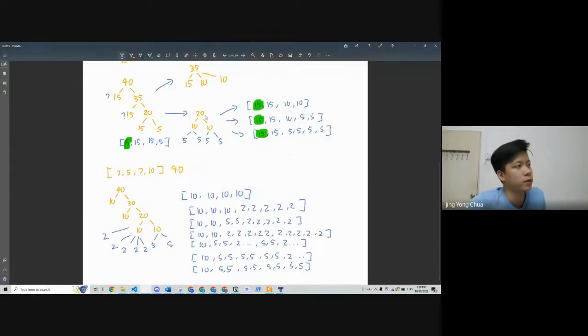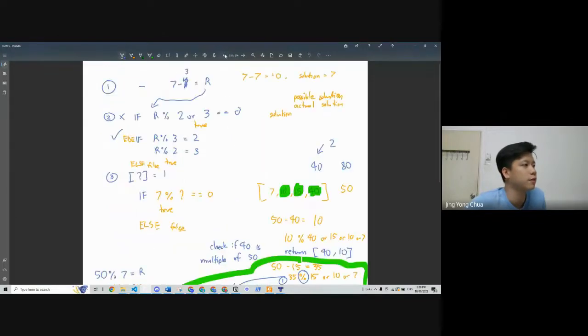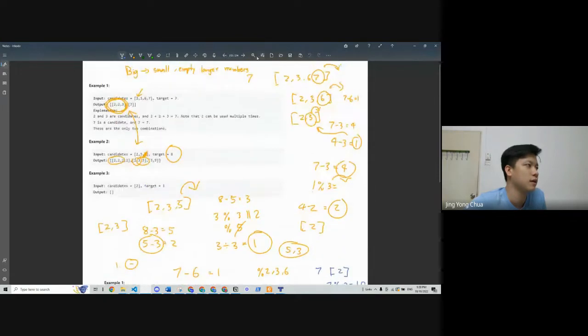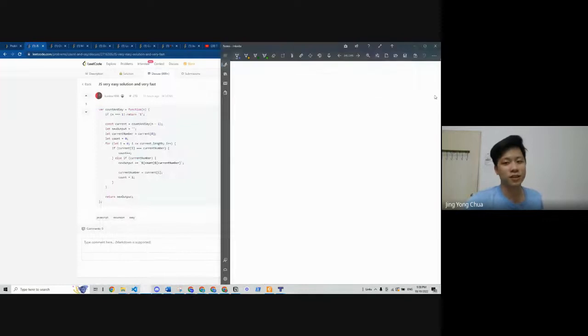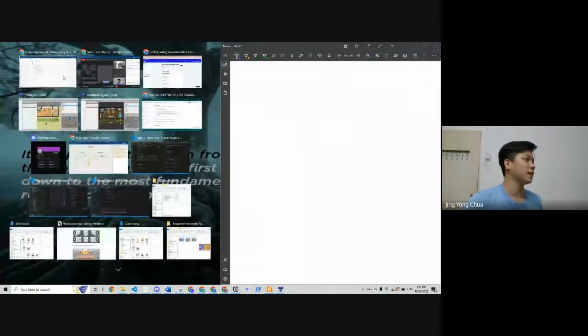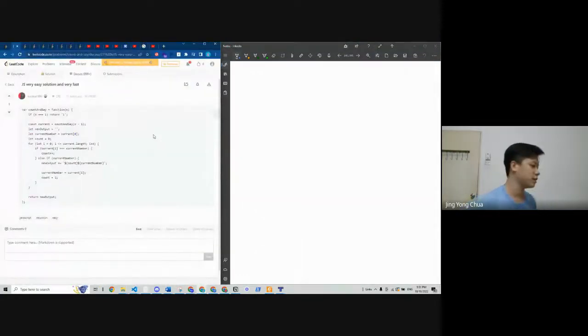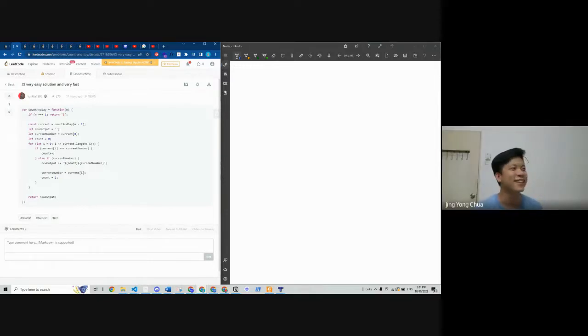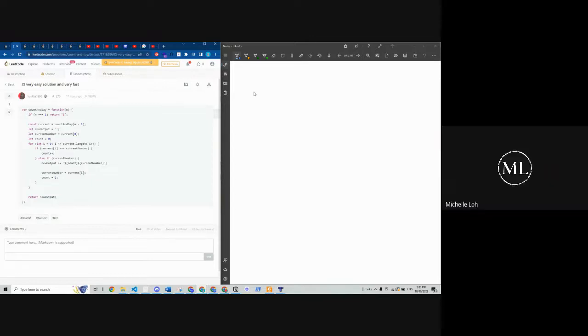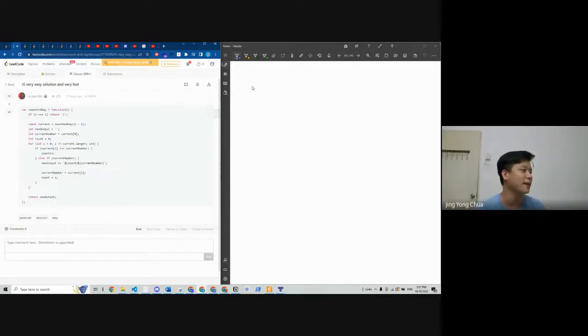Oh yeah, by the way, this was a question I was working on yesterday with Clifford. We spent 1.5 hours just discussing. It was so hard. And somemore the question was considered as medium. So yeah, now I'm a bit scared of LeetCode actually. A bit intimidated. Medium and very hard.